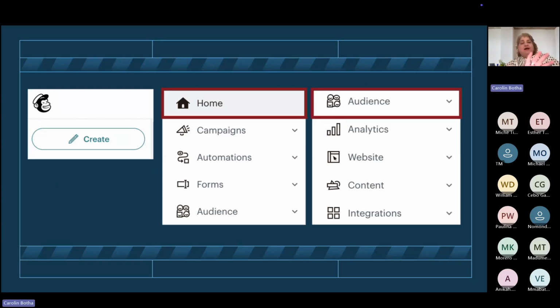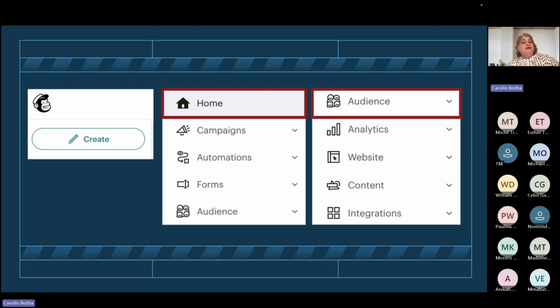This is what the main page looks like, the MailChimp landing page. So you will have, of course, a home. Here are your campaigns. So once you have your clients, your customers, your audience, it's called in MailChimp, and your design, and you merge the two and you send it out, it is known as a campaign. You can have automations. I'll explain a couple of them as well. You can have forms, but you have the Microsoft 365 package if you have it. You have the forms there that we discussed last week.